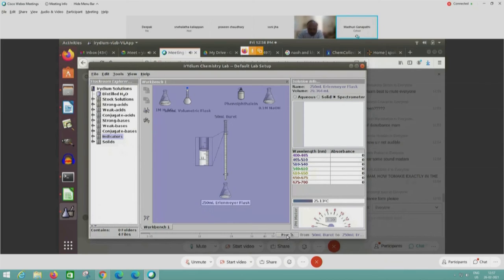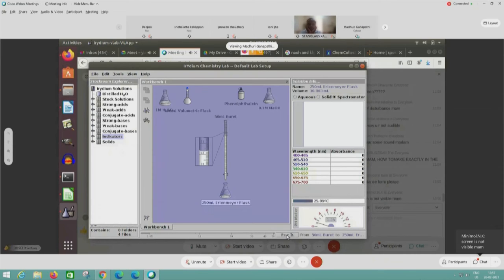So I'm doing a realistic transfer method here. Participants, please keep an eye on the absorbance. We still have 0 values on the absorbance. Okay, so you can see the change in pH here.